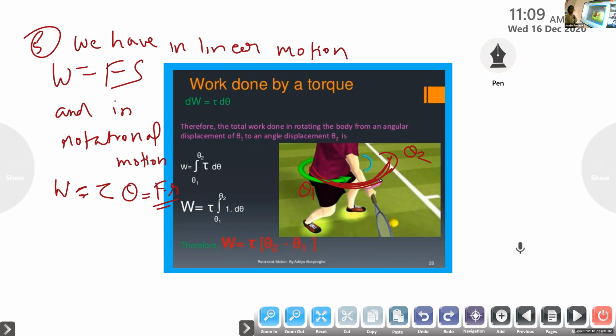In this case, first we will find the work done for a small particle in a system. Just assume a system. In that, you take the work done for a single particle in the form of differentiation. Afterwards, we generalize in terms of integration. That is what this expression gives. You can write it down: work done is equal to tau theta. Below that you write, consider